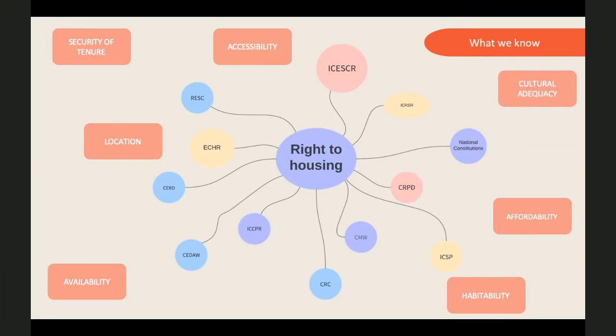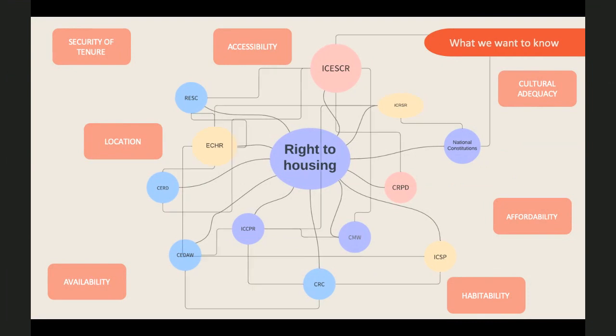What the EVICT project tries to study is whether the right to housing is not only a spider, but actually also a network. So do these international documents and treaties, committees and bodies interact with each other? And how often do they interact with each other? In what way? And could we visualize that? And could we try to calculate network statistics? That is where the EVICT project comes in. We try to combine legal research with data science to develop the network of the right to housing, and the concept of the right to housing.